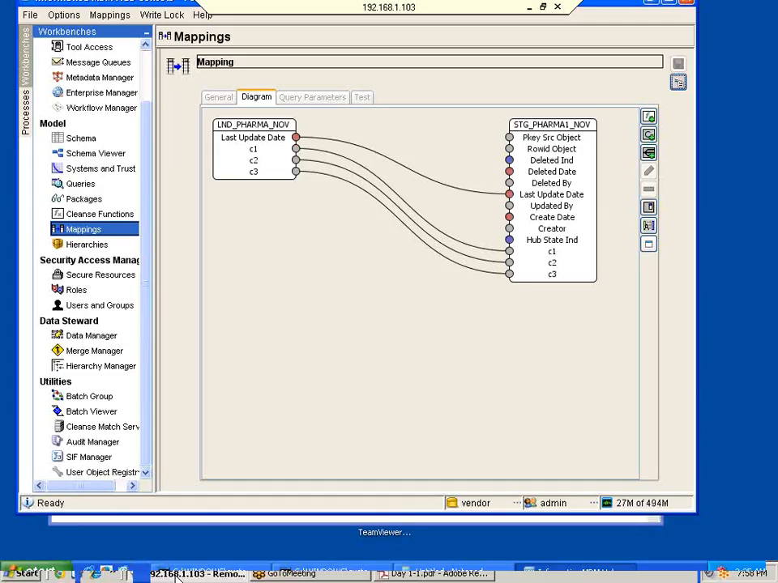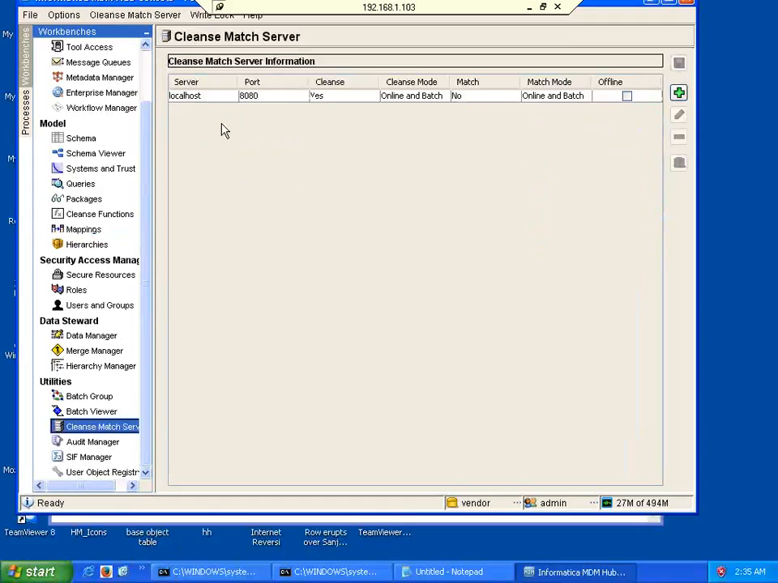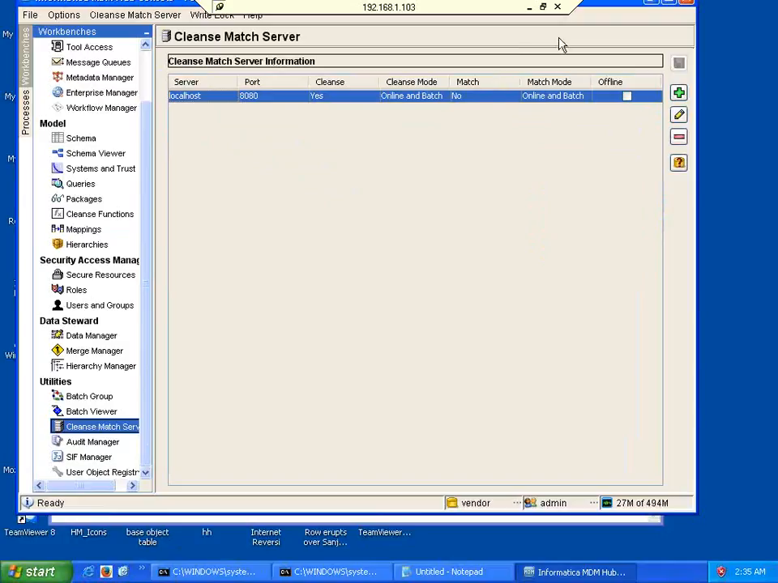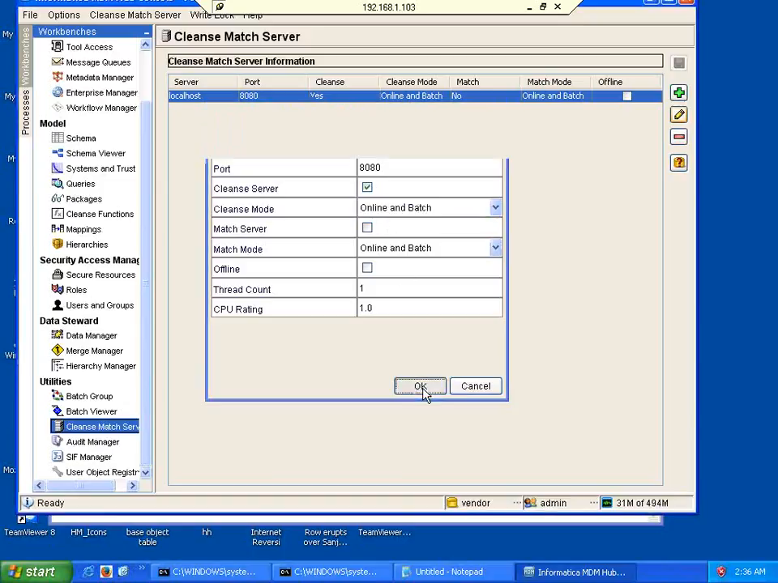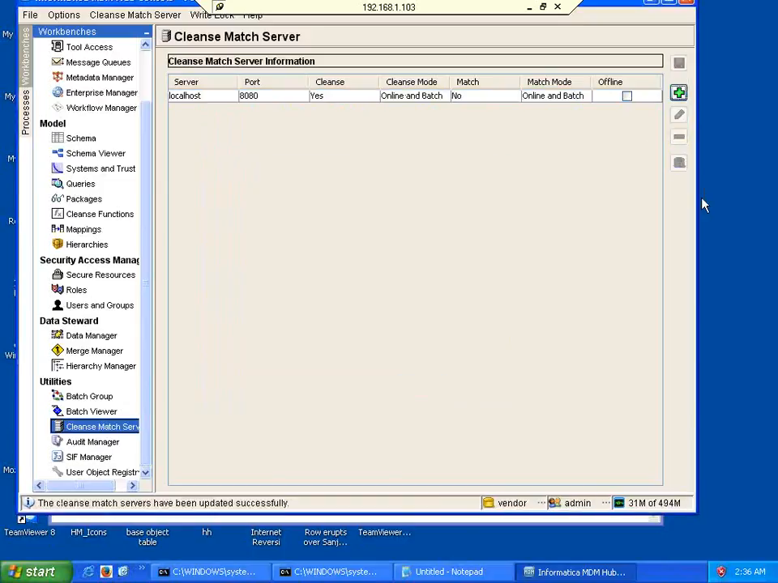So how to make sure of that? To do that, there is a cleanse match server where we need to make sure that this server has been configured. So we can click on the edit button where we can see all the details of the client server, for example host name and port number. We need to enable the client server. And this particular client server can be used either online only, batch only, or both. So that's what we can see over here. After that, say okay, then get it saved. Clear, right? So this is what we do in order to